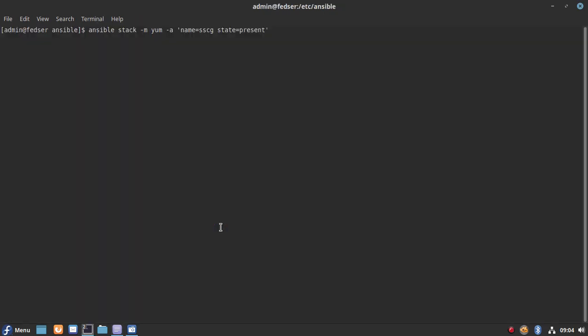Okay, so in order to install the package also we will need escalated privileges. So we'll need to pass become root user and ask become pass for having the password of the root user.